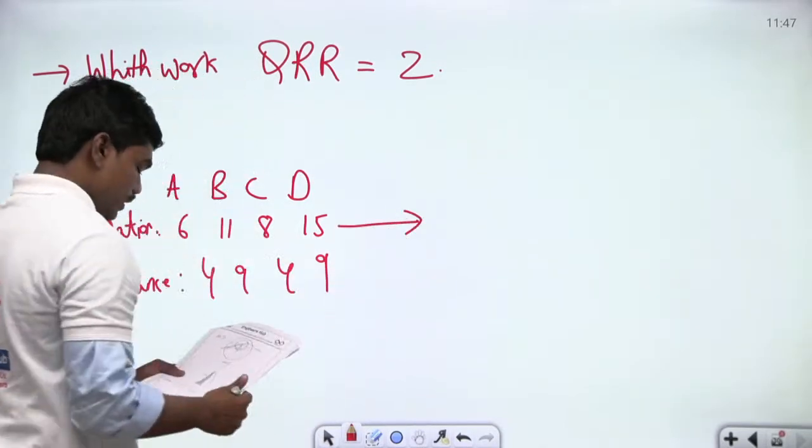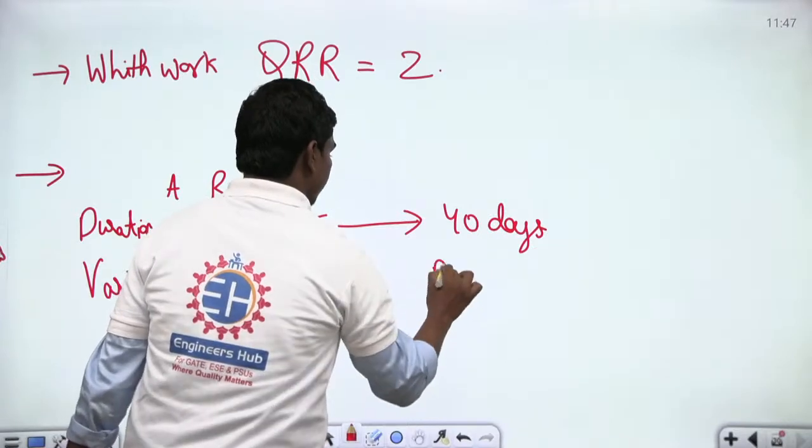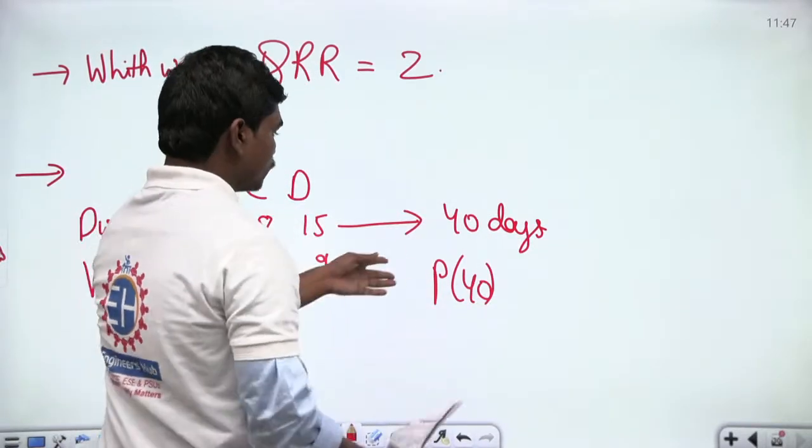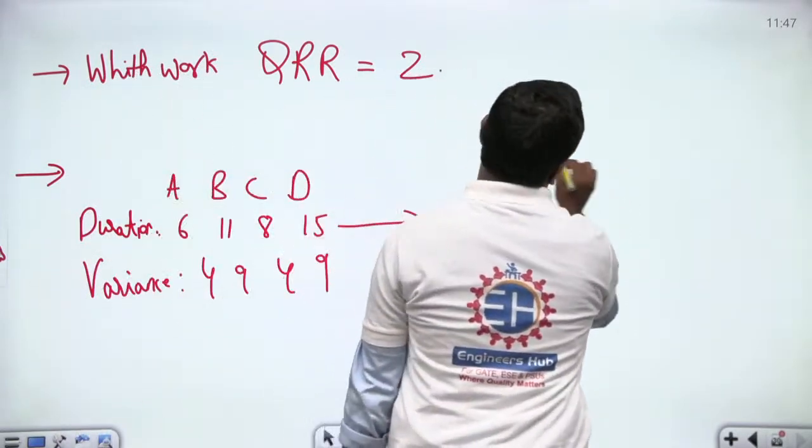So the average time that we could take here is 40 days if we sum up all these things. So they are asking you exactly for 40. So that's a very simple case. They are asking for the probability of 40 days, and you also have the actual time of 40 days. Then definitely if you apply this